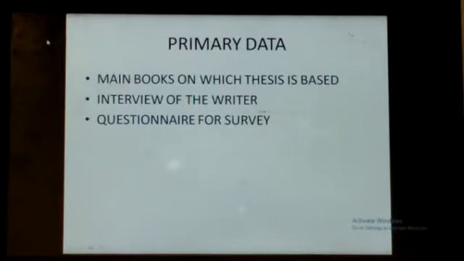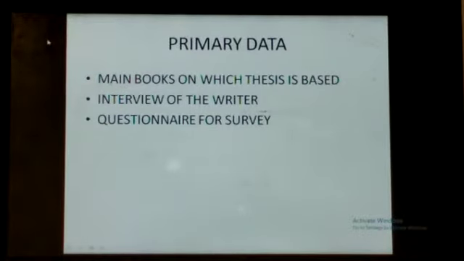So we are talking about primary data. Now, what is primary data, specifically related to research in English literature? Primary data is the main books on which you are basing your thesis. Whether you are taking up any theory or exploring any post-colonial literature, British literature, American literature, any kind of topic you have taken up, you need to have the base of the books, and those 4 to 5 books of drama, of novels, or poetry, which you will be analyzing or doing research upon, these books are called the primary data.